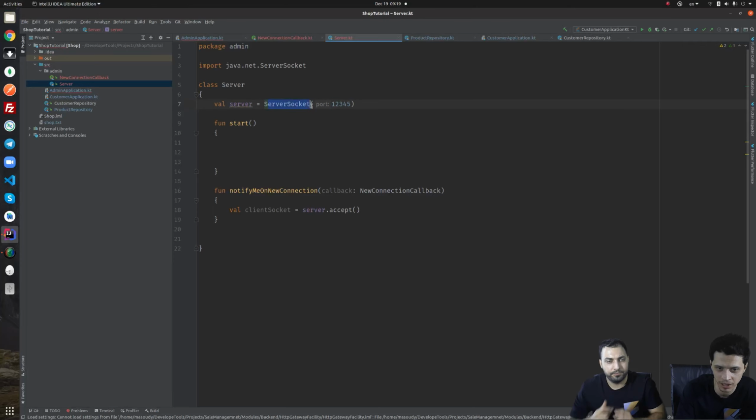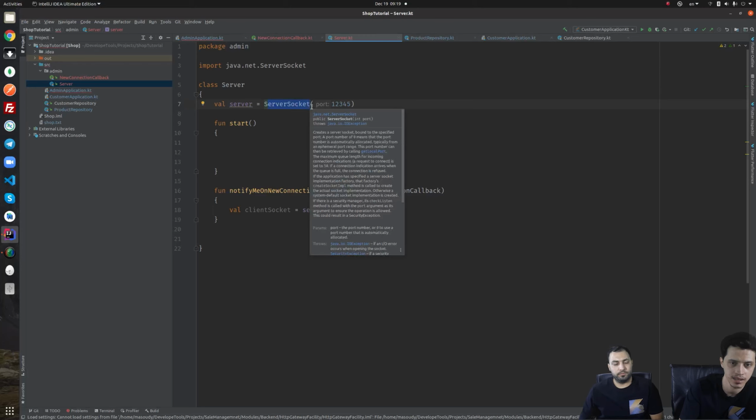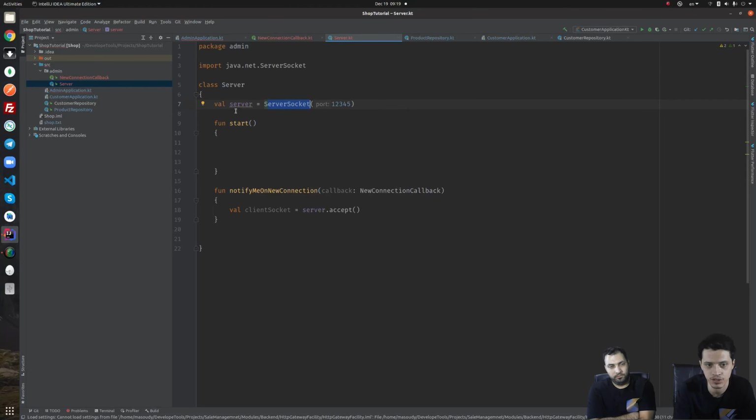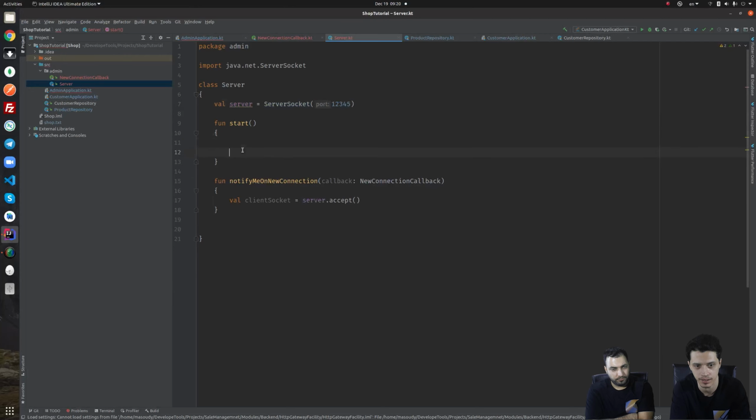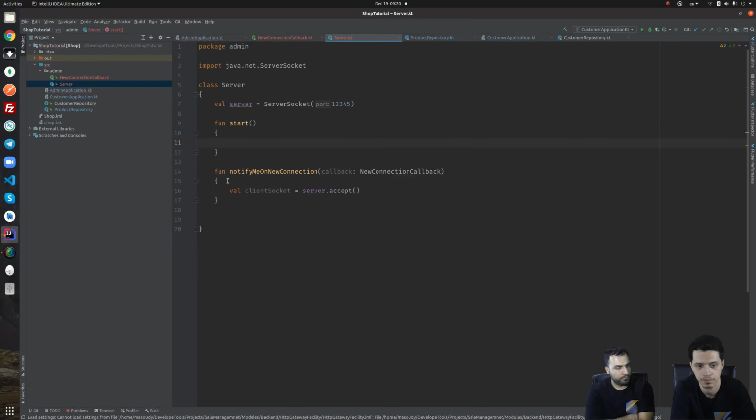And because this is blocking code, it's not a good idea to put it there. We want to instantiate the object, for example, in the constructor or when the user says start. But let's just put it there. Now the start is doing nothing actually, but let's keep it this way. Now, when the connection is made,